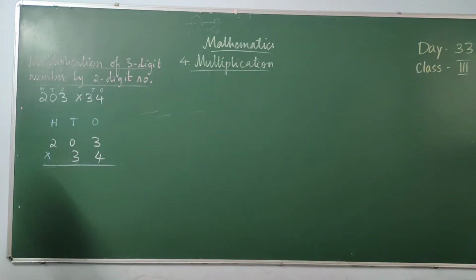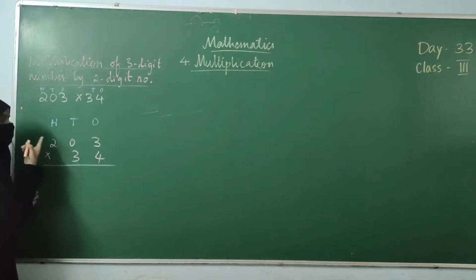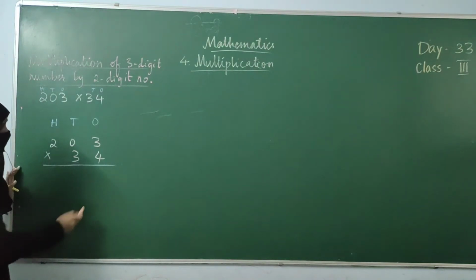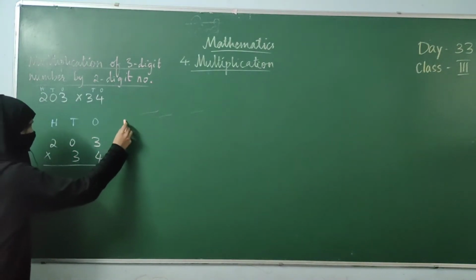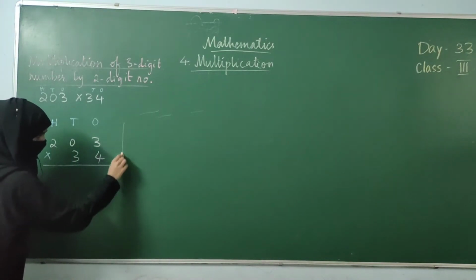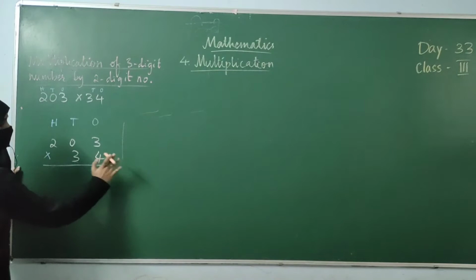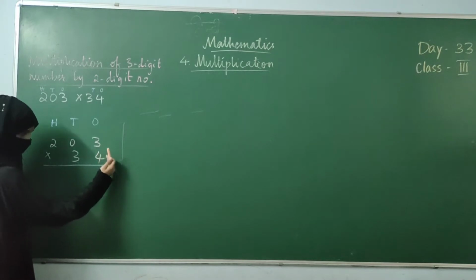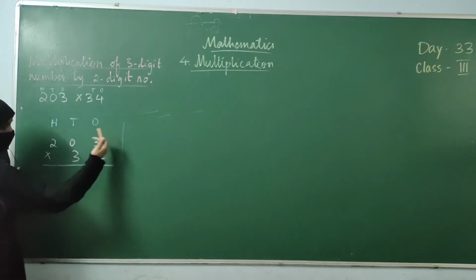In the previous class, we already did this. It is something similar only. We did it with 2 digits. Here only one number is extra. Nothing else is different. Now, this is our multiplication column. All the multiplication things we are doing in this upper part. Fine. Now, first digit is 34. We will multiply the numbers in the lower line with the numbers in the upper line.